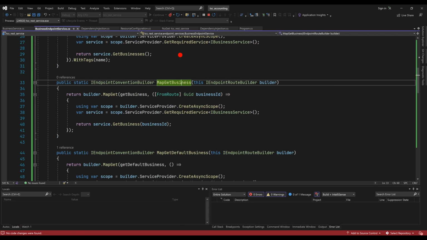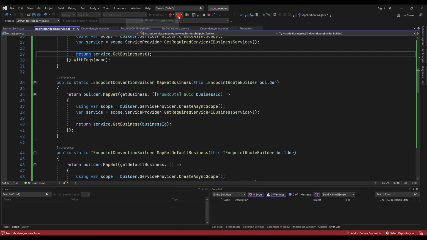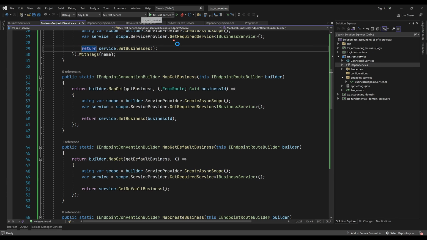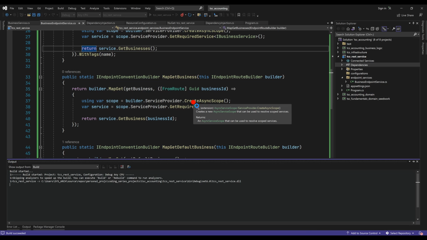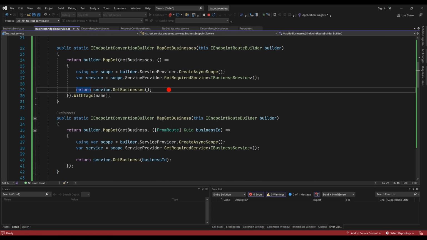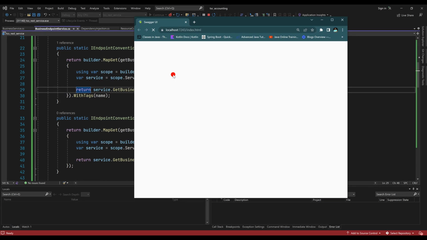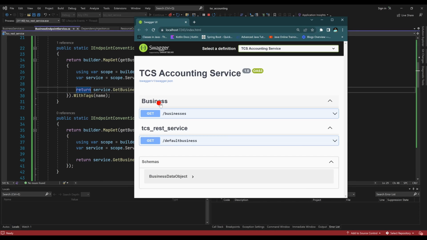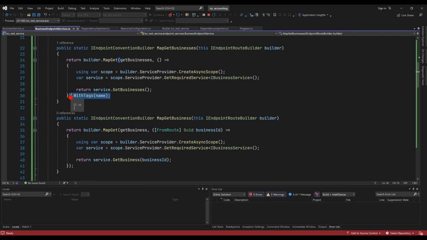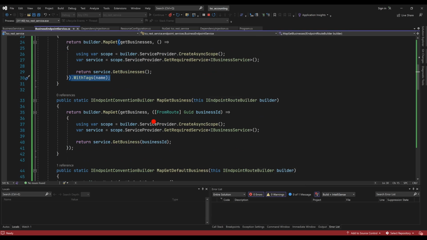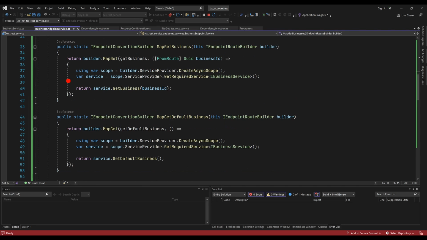And let's restart application, and let's see, restart. Obviously, let's run this again and see what happens with that endpoint. The very first endpoint name is, let's see what the with tags does, and you would appreciate it. So now we will have business, right? It gives a grouping to it, and if we do that for default business, instead of having this ugly TCS REST service, we can do the with tags here again, and copy this line of instruction and put in almost all the returns